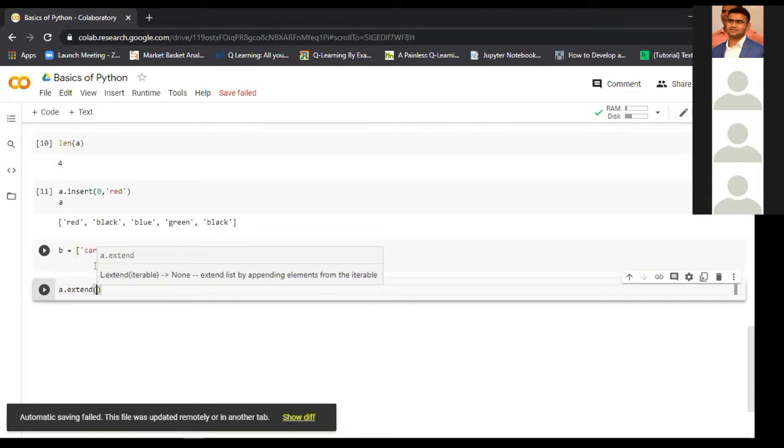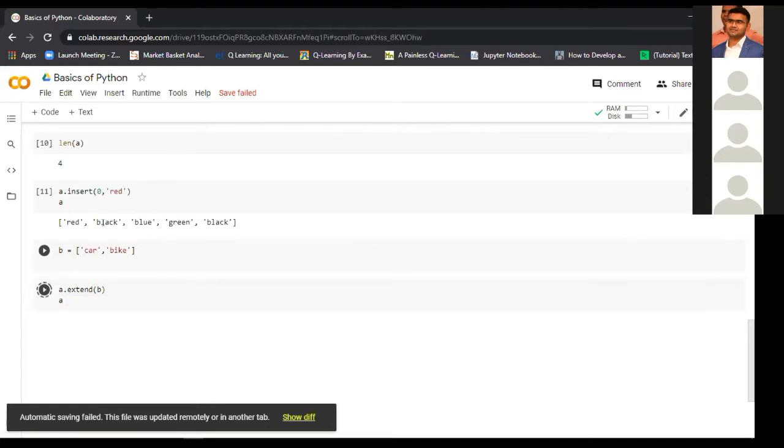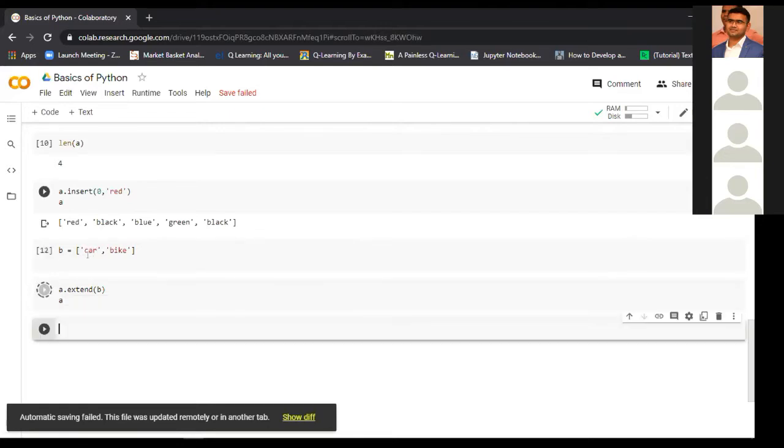So it will add the items in the iterable to the first list, the one we want to extend. So if you add B here and print A, now it will be showing all the previous items plus the items in the B list. So A gets extended. So that's the method.